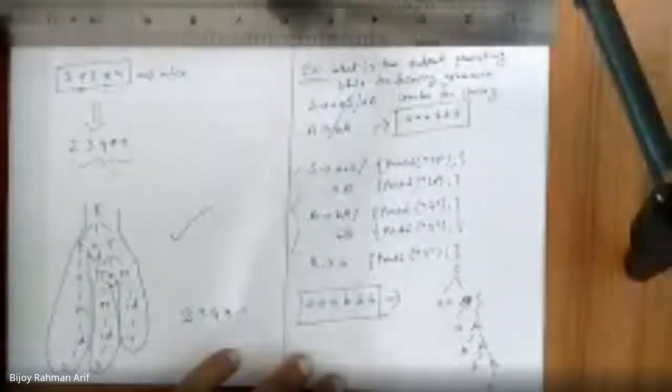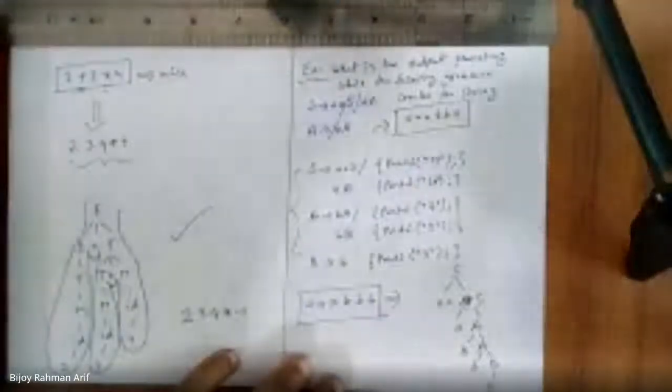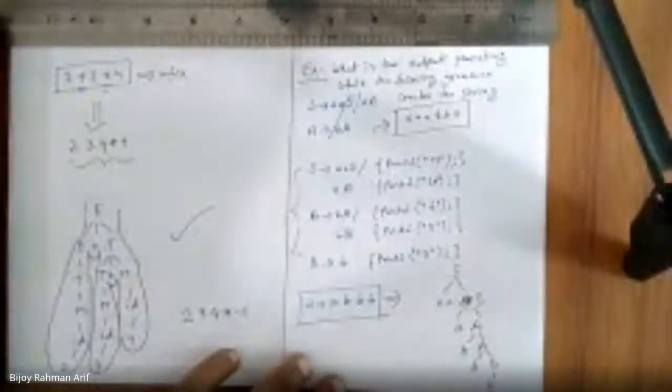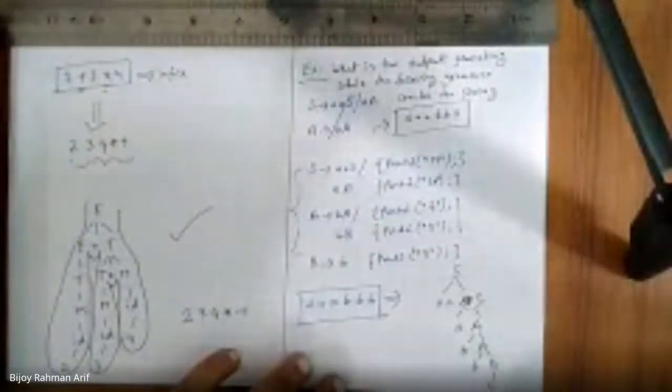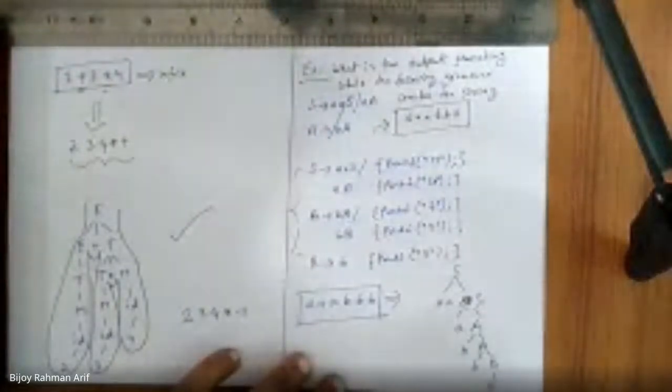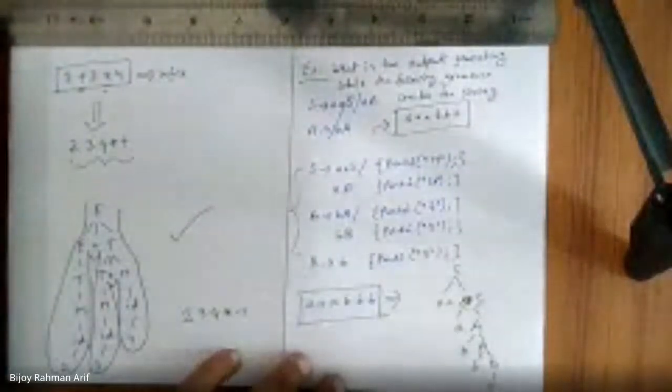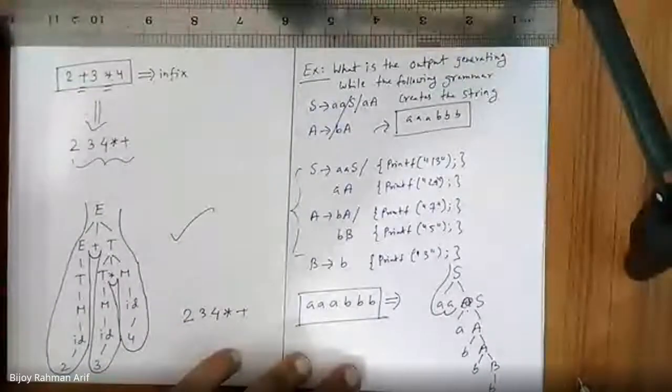So simple. We have to traverse the parse tree. First step is drawing the parse tree. Second step is traversing the parse tree, top to down, left to right. Then for each reduction, you have to write the associated action. So S derives AA. Is it a reduction? Is it a reduction?